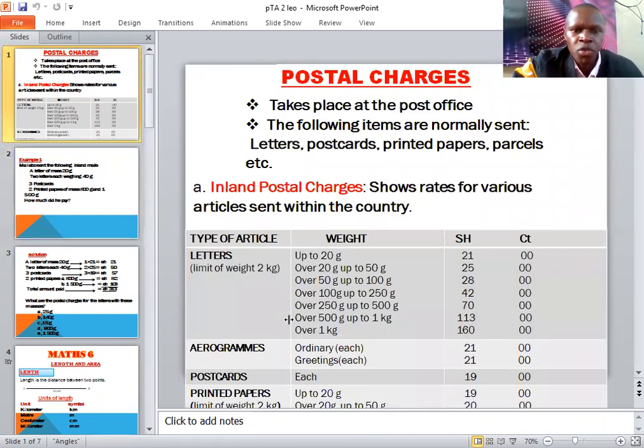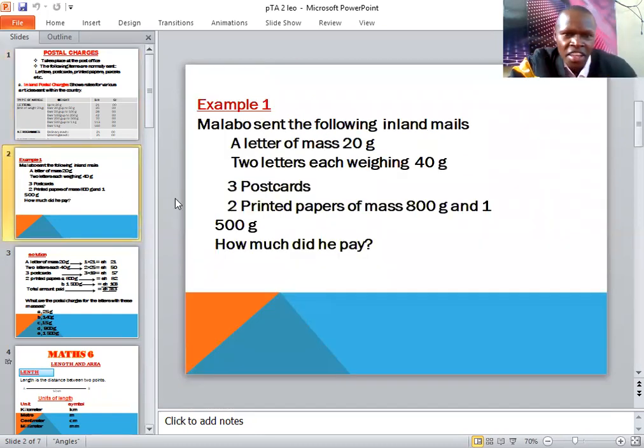From our table, where does 40 fall? It is falling in the range of over 20 grams up to 50 grams. That means Malabo will have to pay 25 shillings for 1 letter. Now that there are 2 letters, 2 times 25. Very good. The next one,